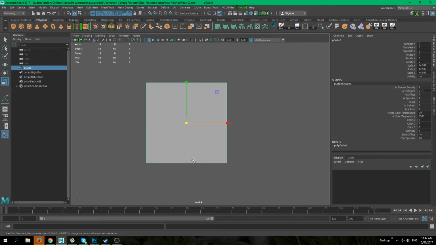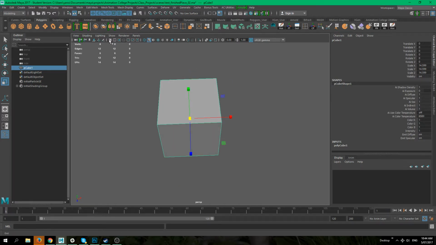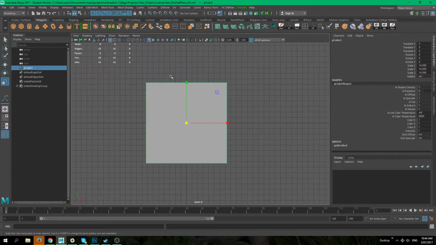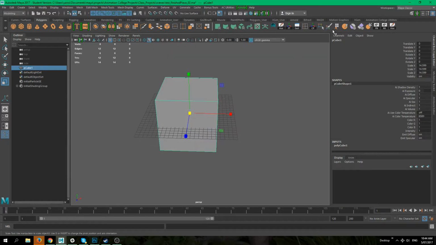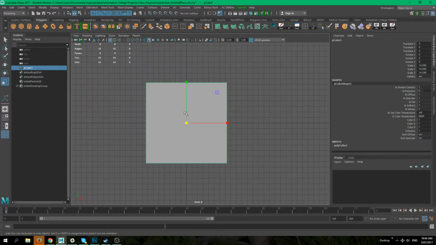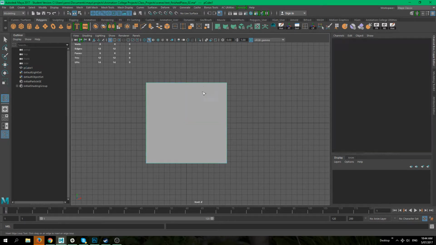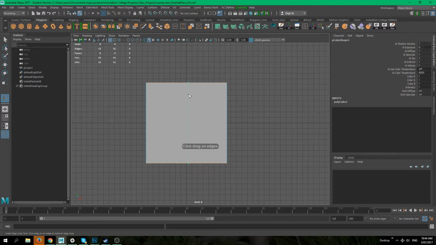front view. And what I want to do is create a line in the middle, and I actually want it to be perfectly in the middle. So we could use our inside edge loop, and I'll show you how to do that. So we could use this, and let's say hope that it's sitting on the grid, but we can see that